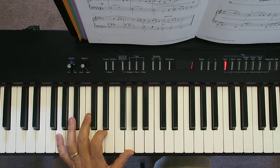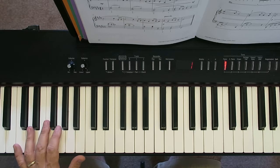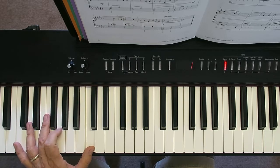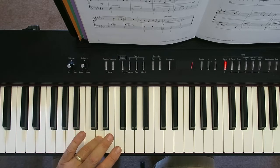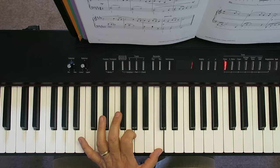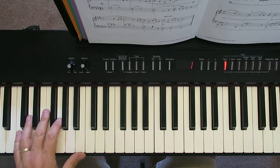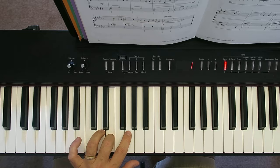And then your very last phrase, it's all based on a C major arpeggio, but we're going to leave some notes out and there's some little extras in. So I'll show you how this one goes. Starting on the low C: C, G, C, cross over your 4th finger and include the D as well, then the E, then go to the G, then the C, then a 2 over, then a D, and an E. So it is an arpeggio, but it's got some extra Ds thrown in. So at the beginning, 4 over,